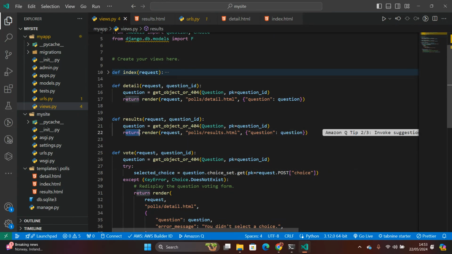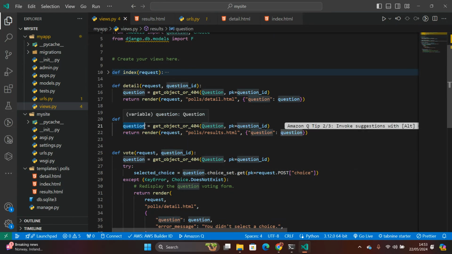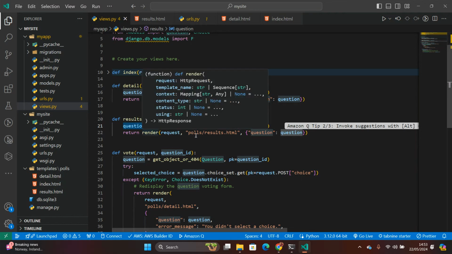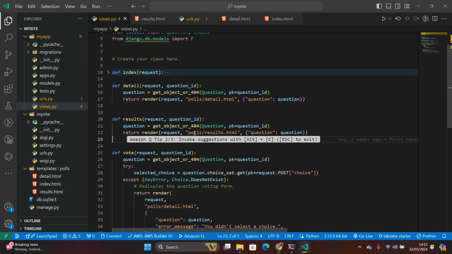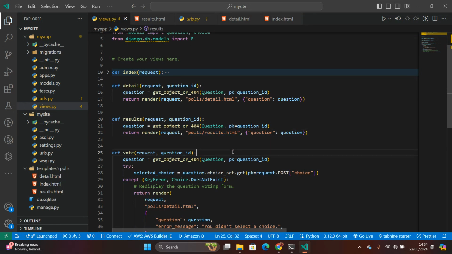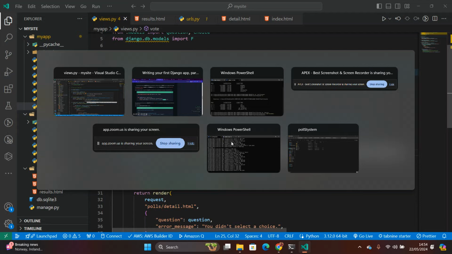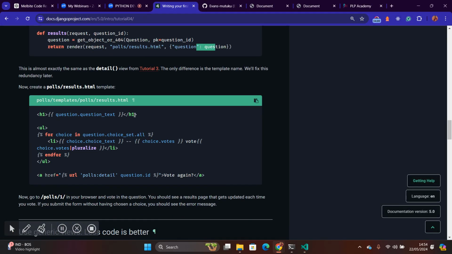After that, we are going to return this question inside our HTML, that is results.html. So we are going to return the results into that page, or we are going to push our results into that page. So the next thing that we can do is